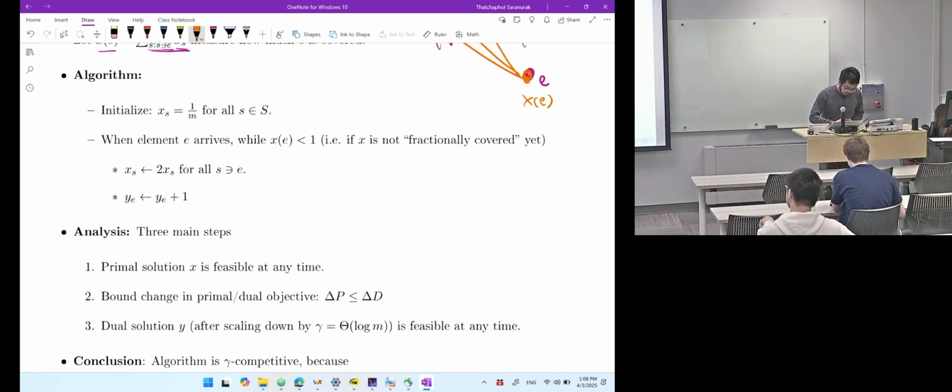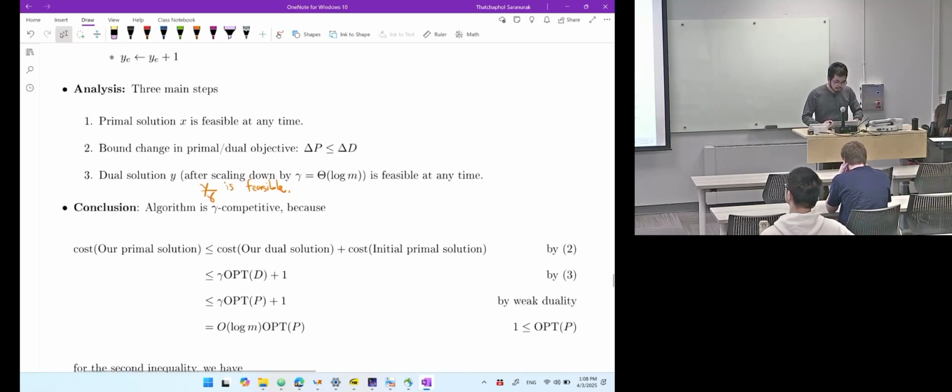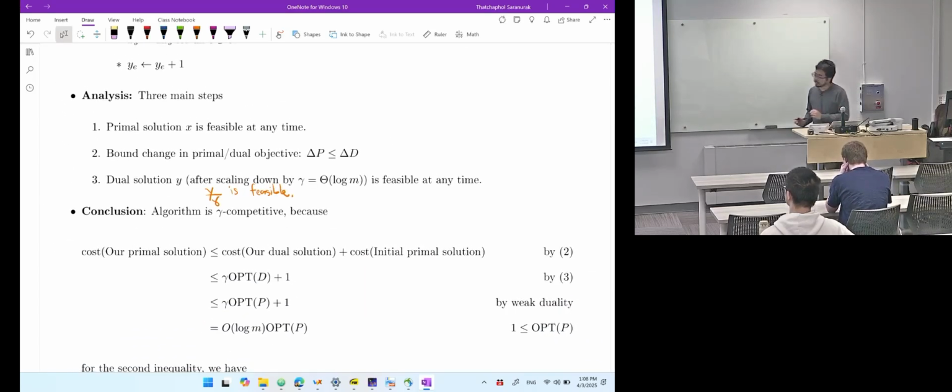So y is not feasible, but y over gamma is feasible. And if this is the case, then we're going to get a gamma competitive algorithm. Why? Because